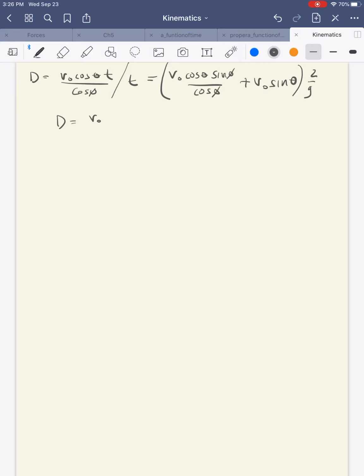D equals v naught cosine theta divided by cosine phi times time. V naught cosine theta, sine of phi over cosine of phi, plus v naught sine of theta, all of that times 2 divided by g. So now that I have d,